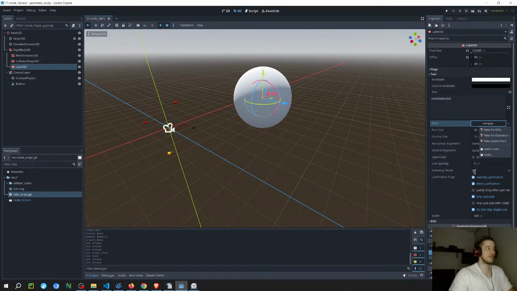Well, the label's gonna be easier to do in the code, I think. So I'm just gonna,